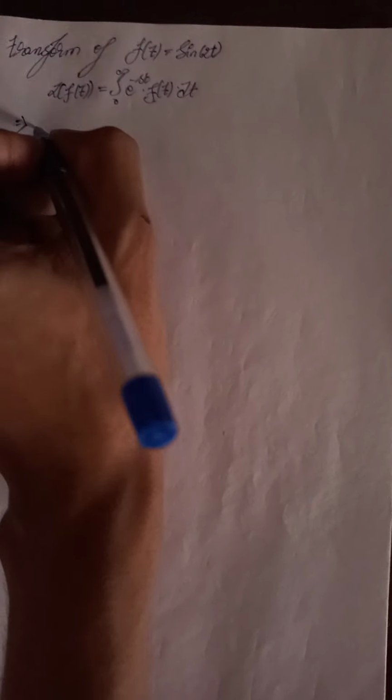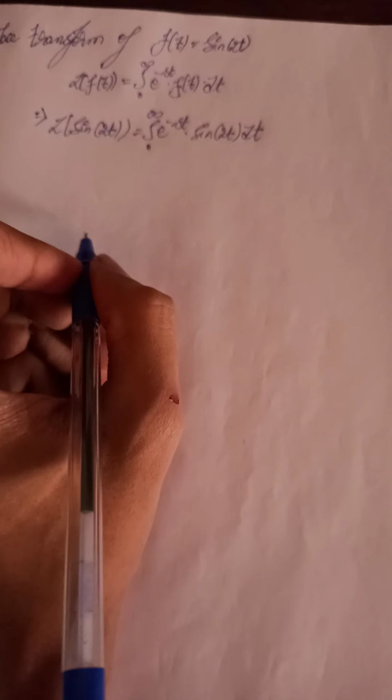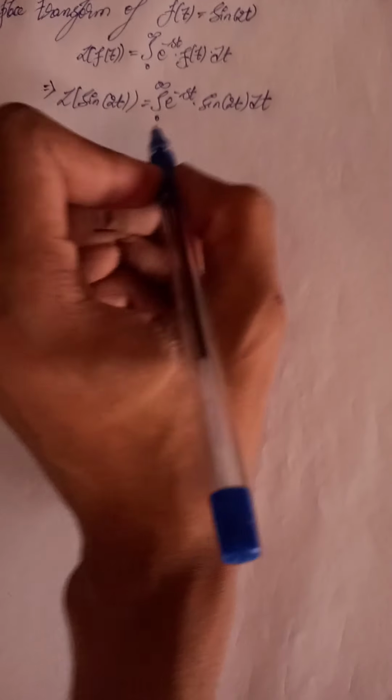So substituting f of t as sine 2t, we get Laplace of sine 2t equals the integral from 0 to infinity of e power minus st into sine 2t dt. Now using integration by parts, we'll find the integral of this, which implies